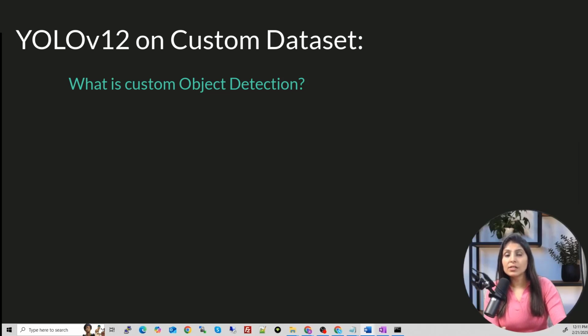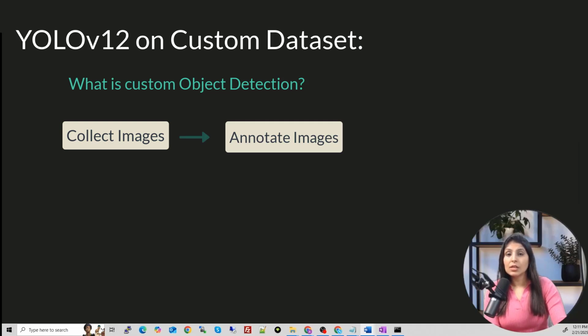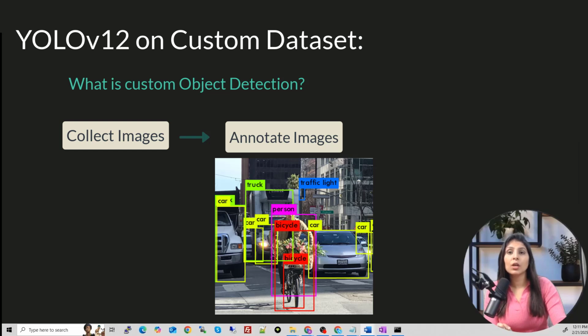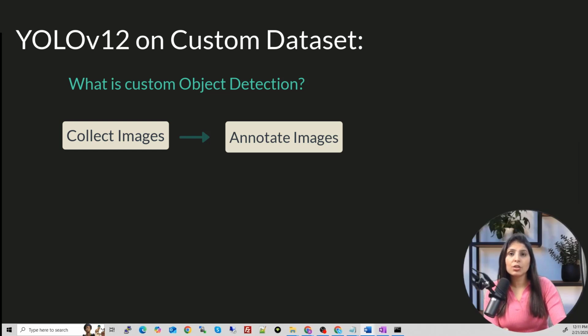So guys, for custom object detection, the first thing is we need to collect the images of the objects which we want to detect. Once you collect the images, then we will annotate those images, meaning you will draw bounding boxes around the objects and then you will put labels on those objects. For annotation, there are various tools, you can use any of them.